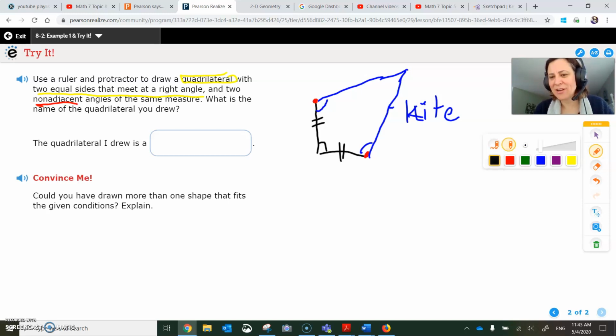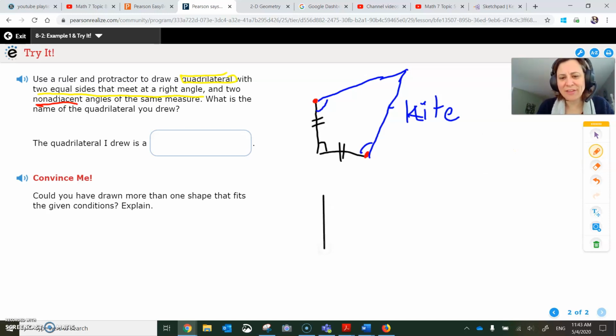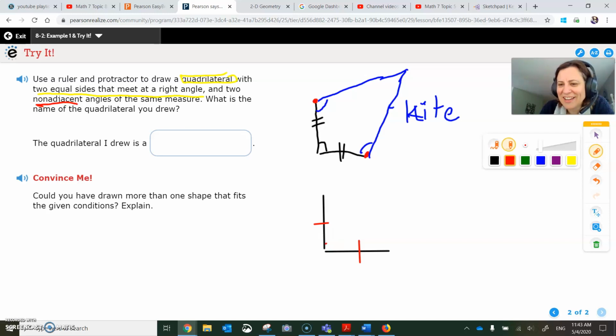Oh, hey, I can draw straight lines. Oh, that's nicer. I'm going to draw another one. I'm going to say that these two guys are the same length. I'm going to put 1 tick mark on each. And then, of course, this guy is 90 degrees. Oops. Oh, I've got the straight line thing turned on, don't I? This is 90 degrees, and I'm going to show that by putting a little box there. And then I want equal